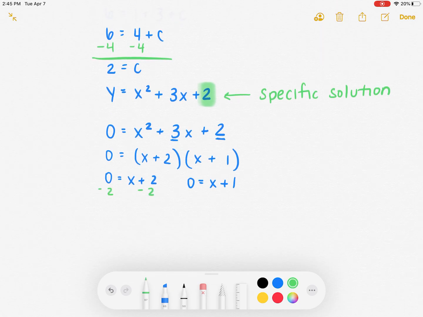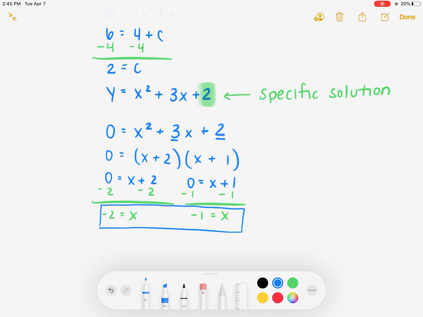So I subtract 2 on both sides, which gives me negative 2 equals x, and I subtract 1 on both sides over here. I get negative 1 equals x. So my two solutions to this problem would be negative 1